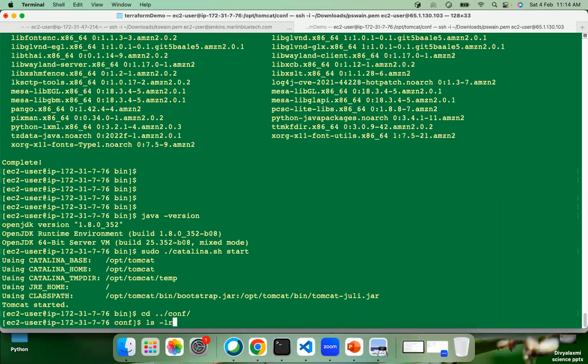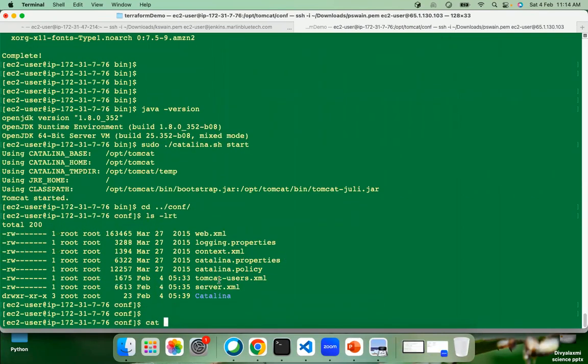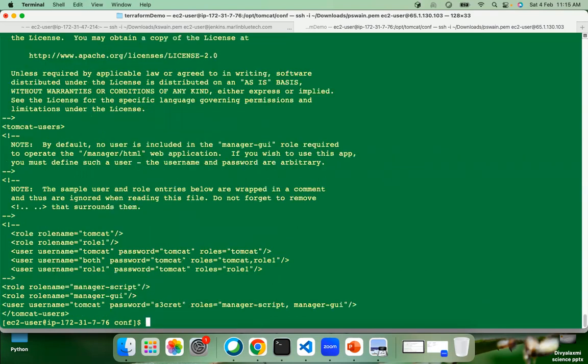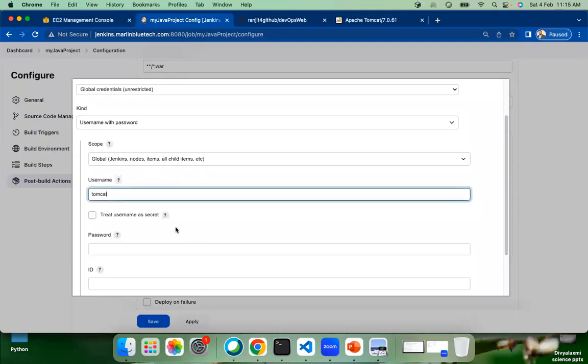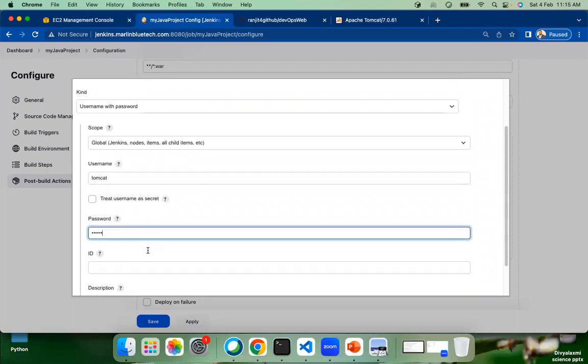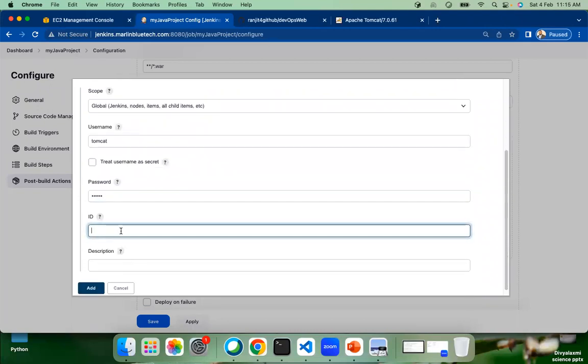If I go here and open the config, and you do this Tomcat user, we had created the user ID and password, right? So the user ID is Tomcat and the password is secret. To provide this password, we have given Tomcat and select this password, create an ID name like